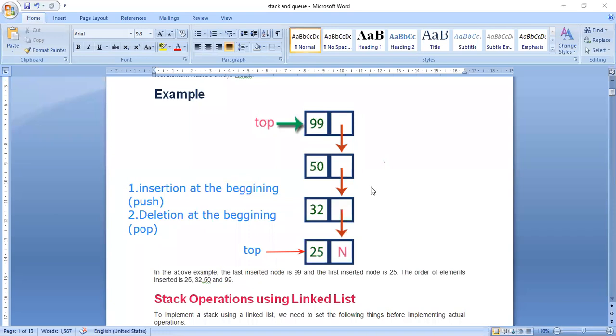So I can do the same thing in another way. Can anybody tell? Okay, I will tell. The same stack implementation I can do in another way.